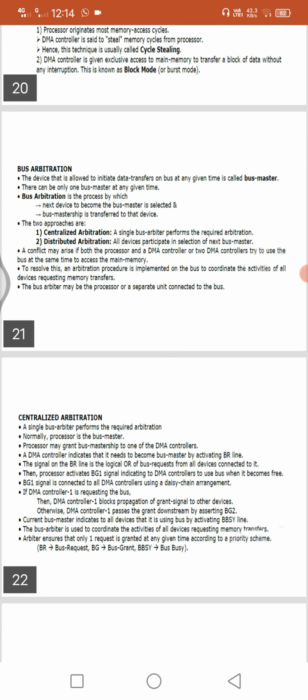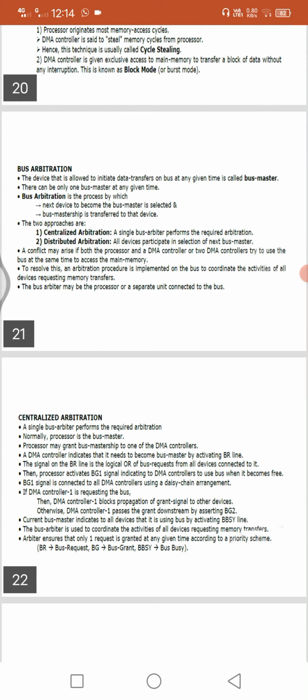To resolve this problem, an arbitration procedure is implemented on the bus to coordinate the activities of all devices requesting memory transfers.